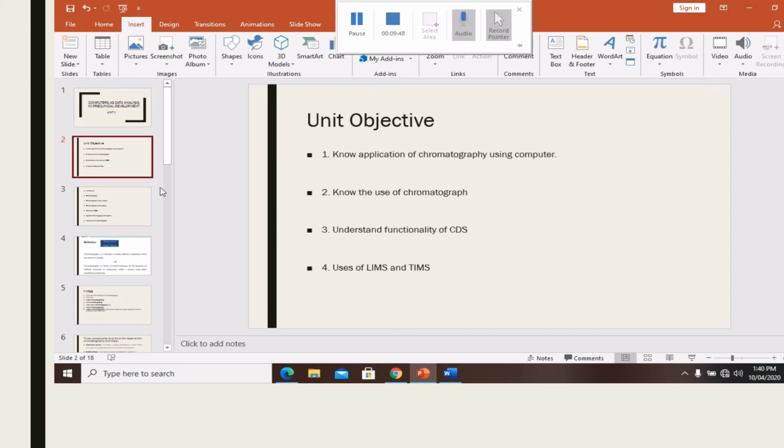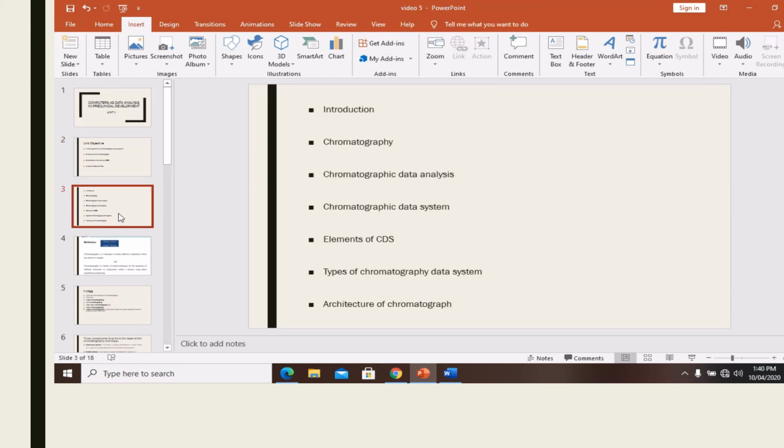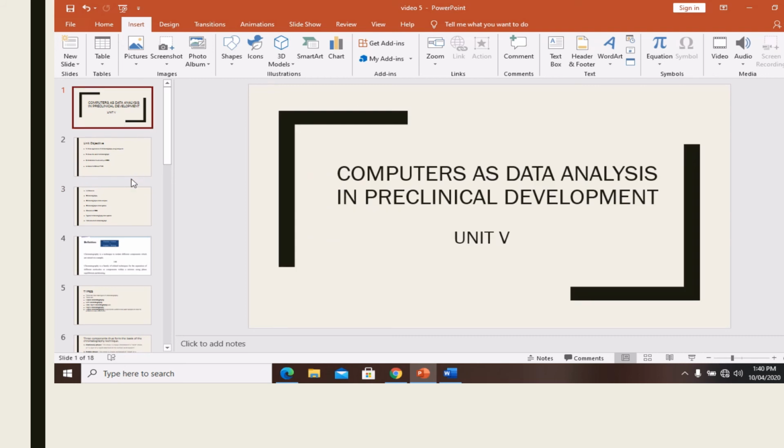The purpose of chromatography is to separate the molecules from a mixture. So this is known as chromatography. With the addition of a detector, there is separation plus identification of a molecule. So a detector will be there in a chromatograph, that is, separation plus the identification of the molecules. So this is known as a detector. When you are using chromatography machinery or software, you will get a clear idea about that. So this is an introduction to chromatography.